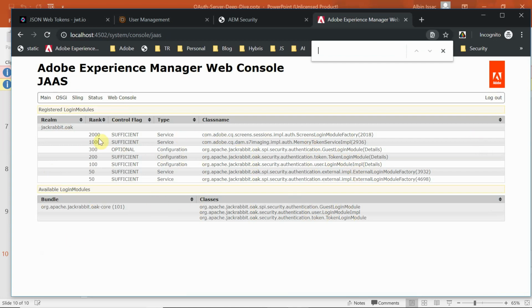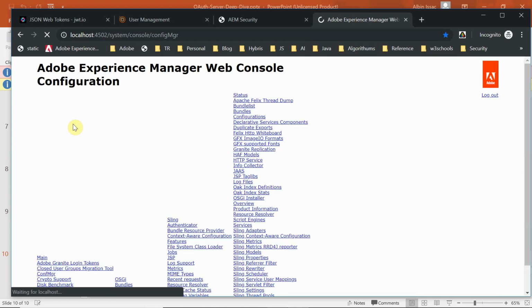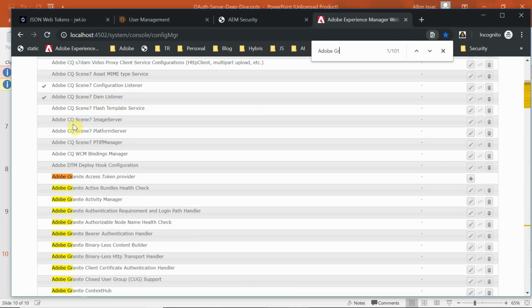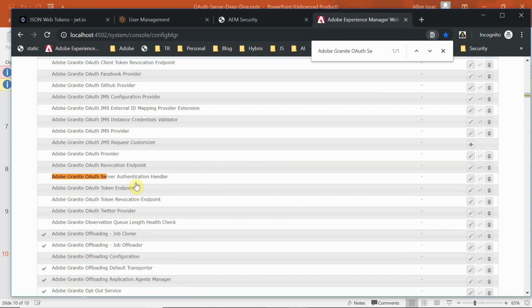So go into the OSGi configuration and search for Adobe Granite JWT server authentication handler.